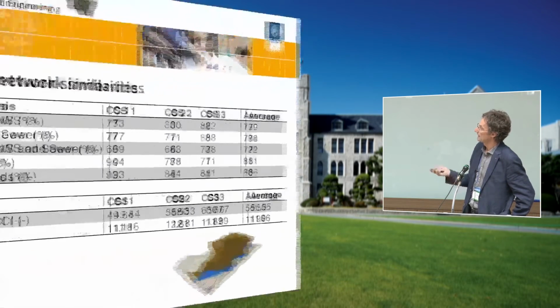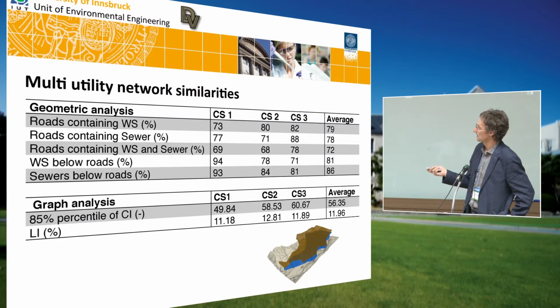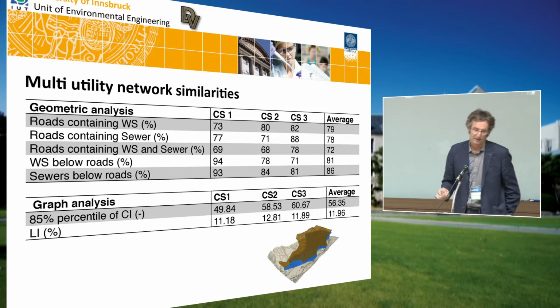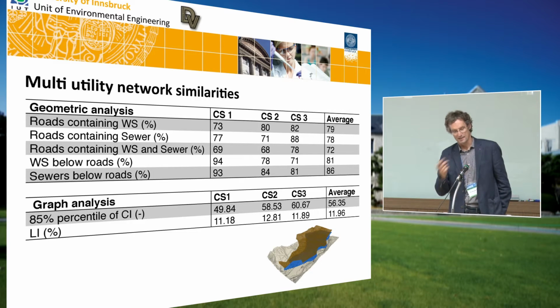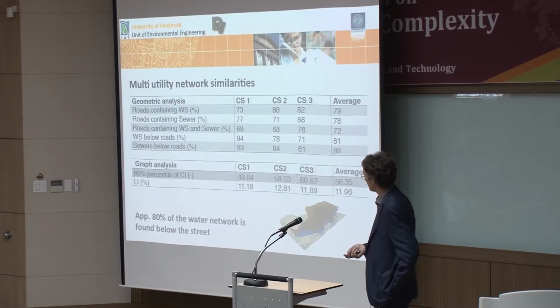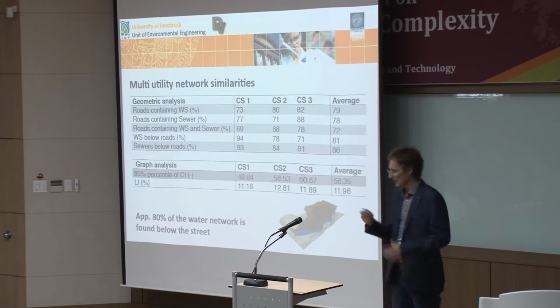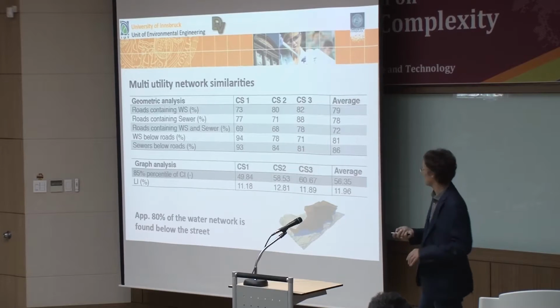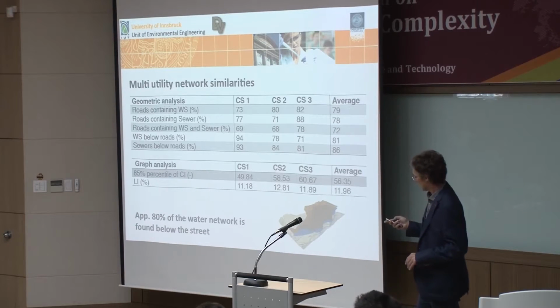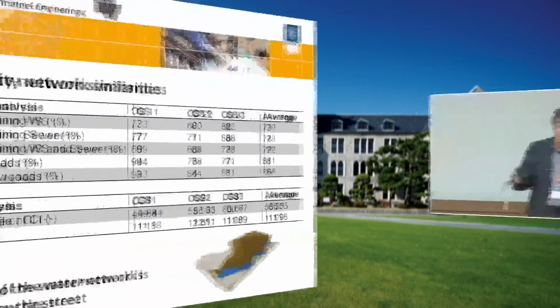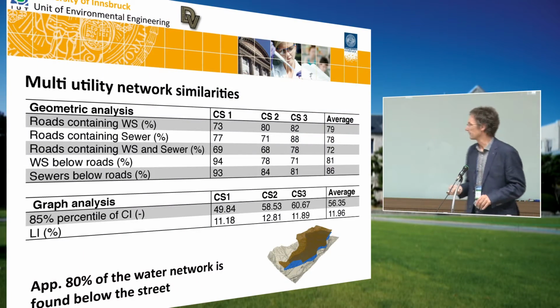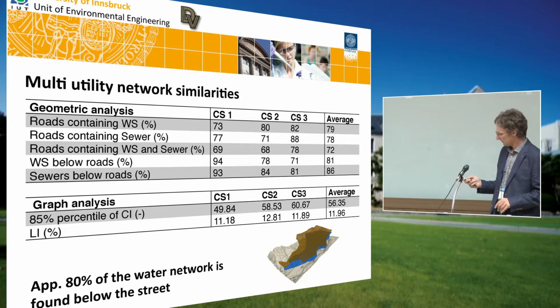Looking into the geometric analysis, for three different case studies we came to the conclusion that roughly 80% of the network, water supply and sewer, can be found below the streets. That's why we usually talk about our 80% papers or our 80% approach. That's just a magic number which we came up with, but it was fairly resistant in all the situations which we investigated. So if we have that, we can turn that around